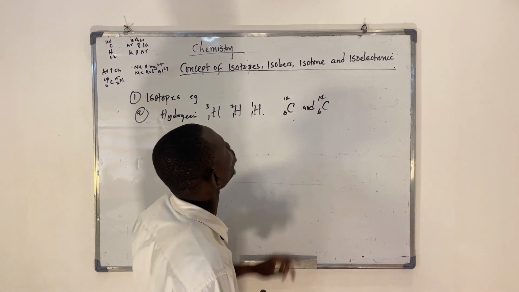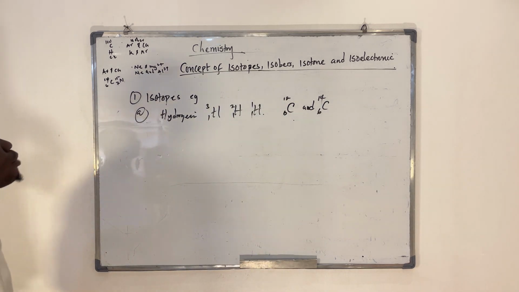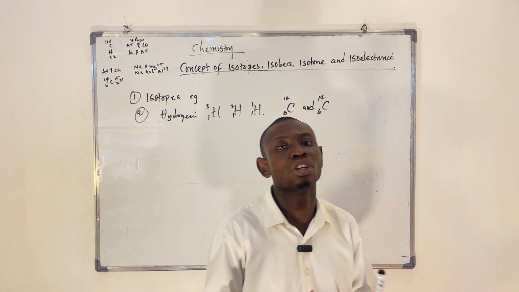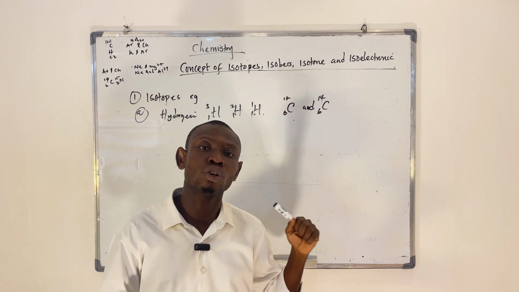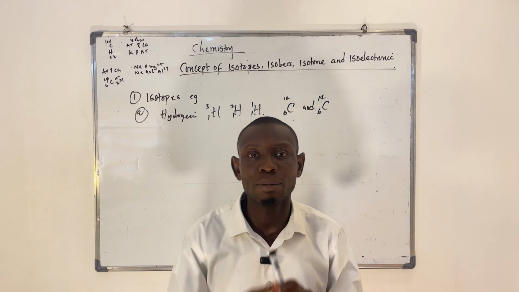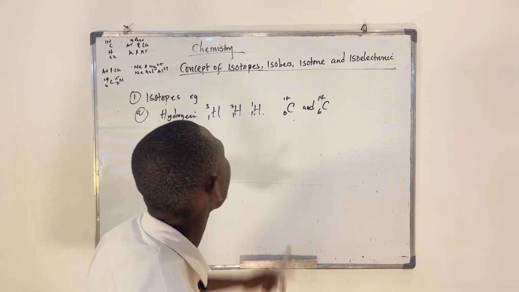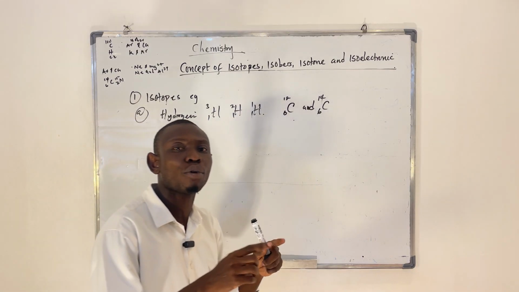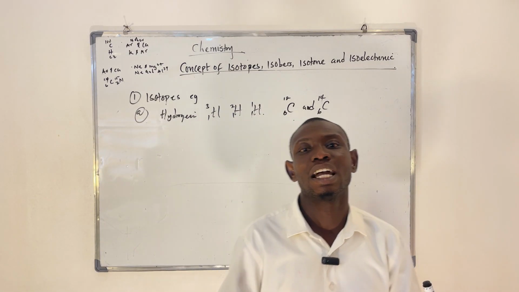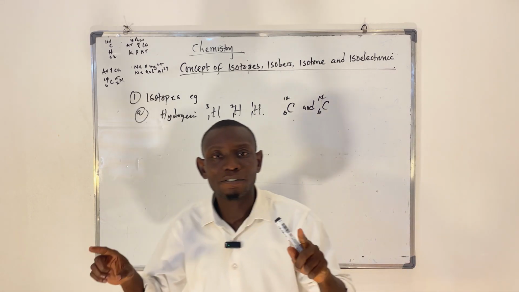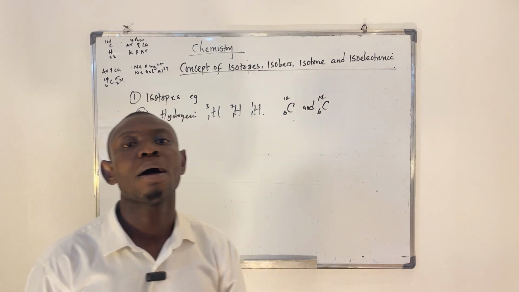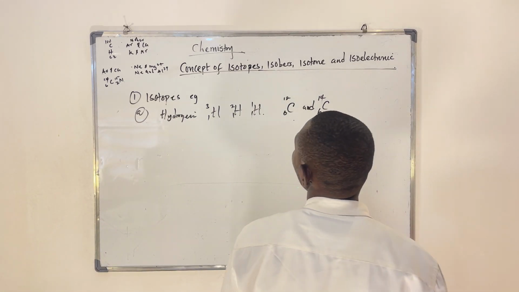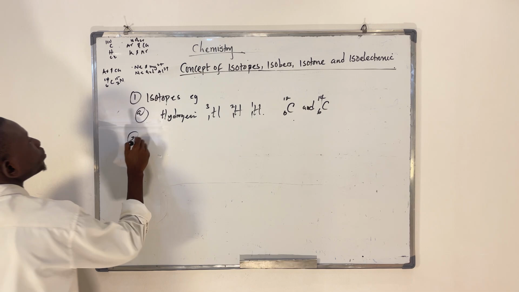Let's move to isobar. Isobars are atoms of different elements. This one is not the same element. In isotopes, they are of the same element, but in terms of isobar, they are of different elements. They are atoms of different elements, having different atomic number, but the same mass number. An example